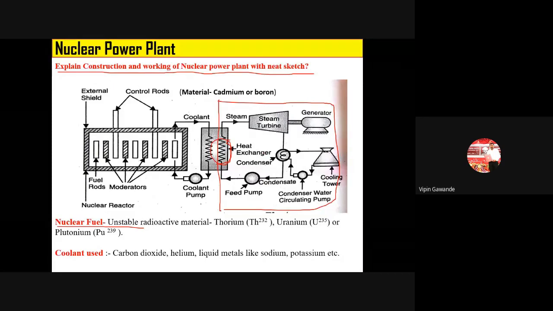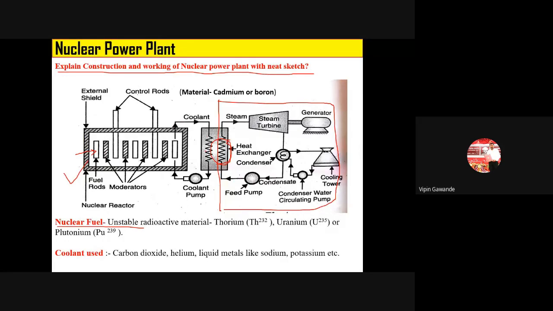Now we require a source of heat there. For a thermal power plant, the heat energy comes from the boiler. In a nuclear power plant, it comes from the nuclear reactor. So here you have to draw the diagram of the nuclear reactor. In the nuclear reactor, you have to draw the fuel rod, then the moderator and control rods. When energy is generated in the nuclear reactor, something must take this energy and supply it to the feed water coming from the feed pump.